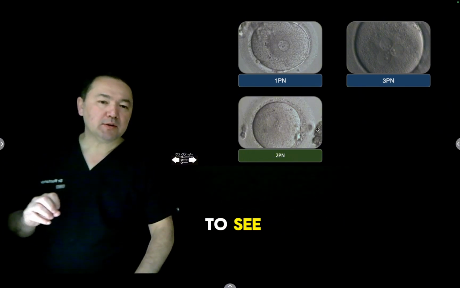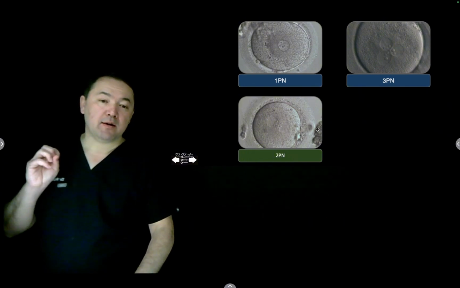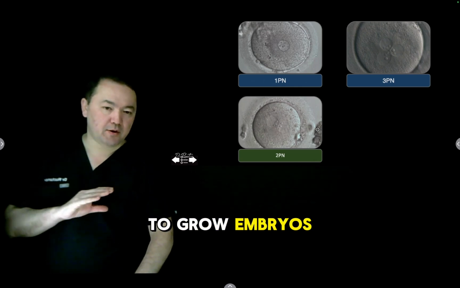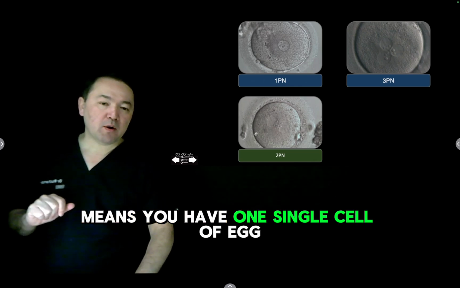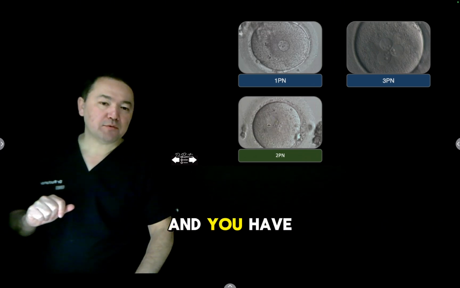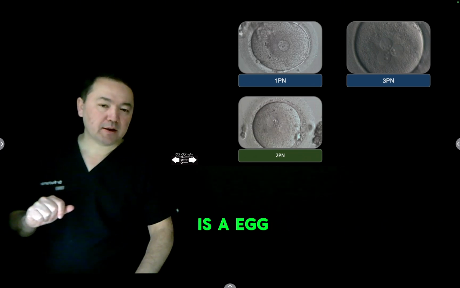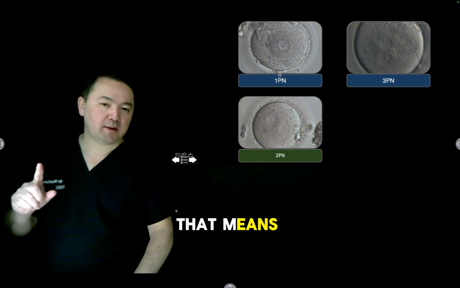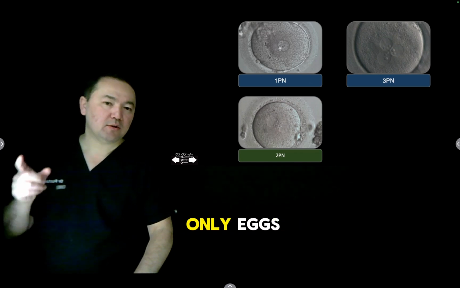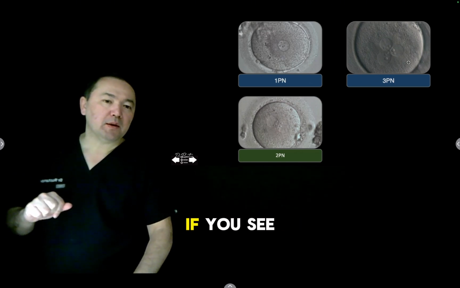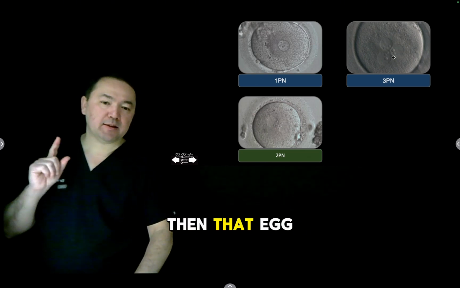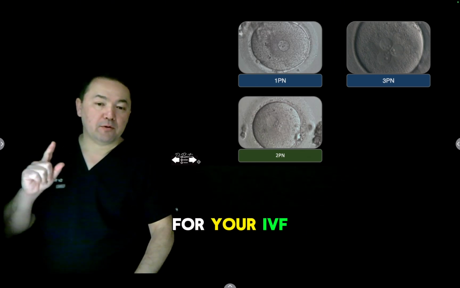We really want to see 2PN eggs. That's normally fertilized eggs, which can be used to grow embryos. 2PN means you have one single cell of egg and you have two nuclei. One is an egg nucleus and the other one is a sperm nucleus. If you see one nucleus, that's called 1PN. That means an unfertilized egg. You can see only the egg's nucleus. If you see 3PN, that means an abnormally fertilized egg, and that egg cannot be used for your IVF cycle and